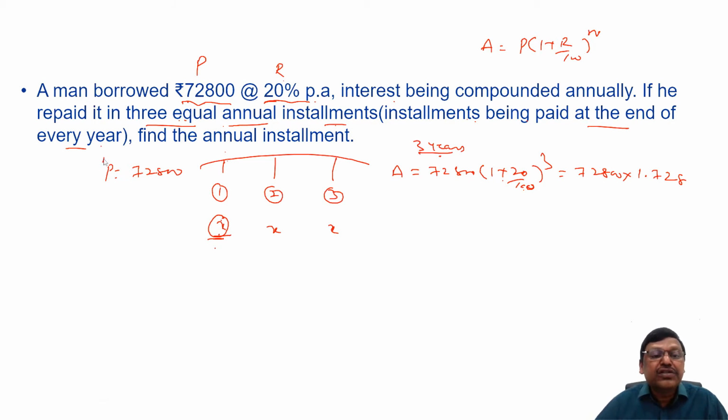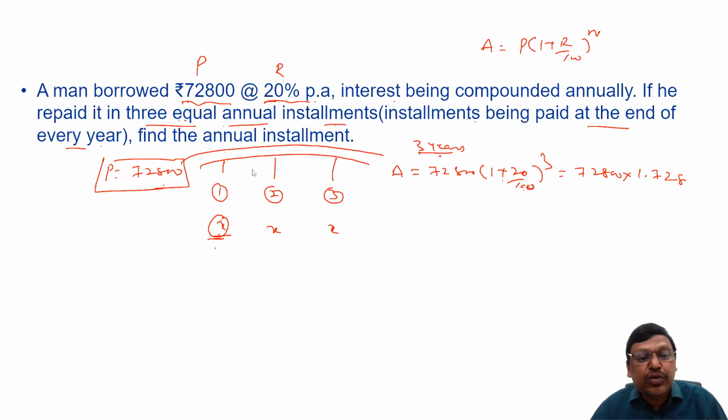Why? Because for the 72,800, we are calculating interest for the entire sum and the entire period, though something is repaid in between. So for whatever repayments happen in between, we should add interest to that. That is the logic behind it. So if I add 2 years interest, what will it amount to at the end of 3 years? The installment paid at the end of 1 year attracts 2 years interest, because the final settlement is at 3 years, so the gap is 2 years.